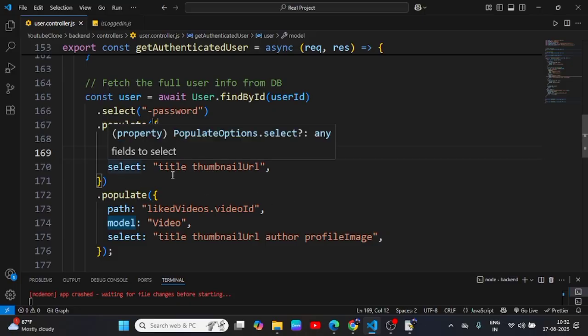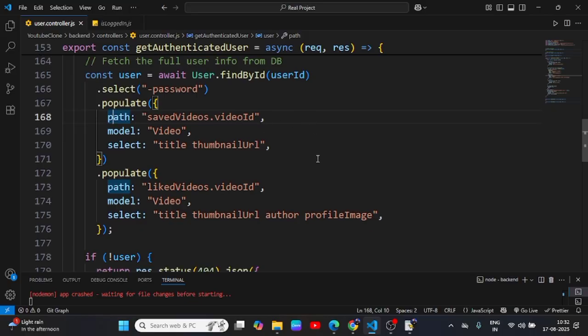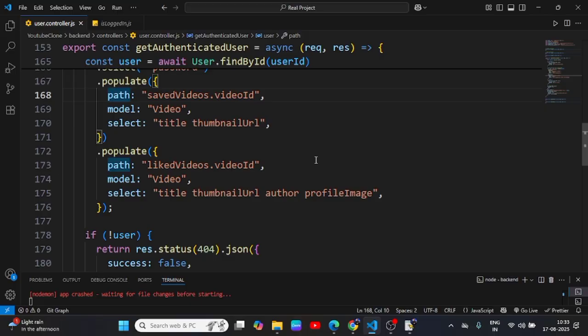And then select which things you want to show: title, thumbnail URL. This is the path. Inside users we have this field, and then inside saved video we have the videoId field. So this is the path, and this is the select. Inside video, whatever data you want to show is the title and thumbnail URL. That's it. And similarly for live video,